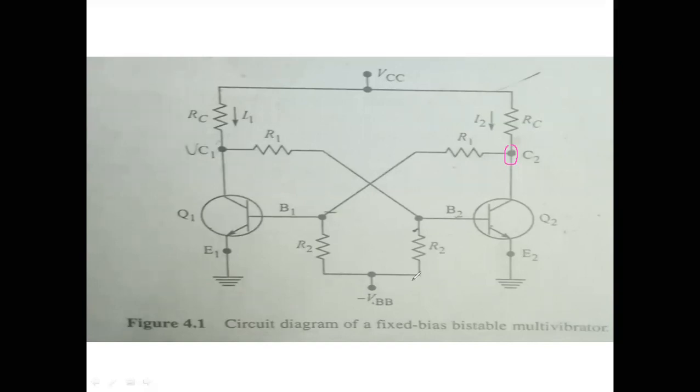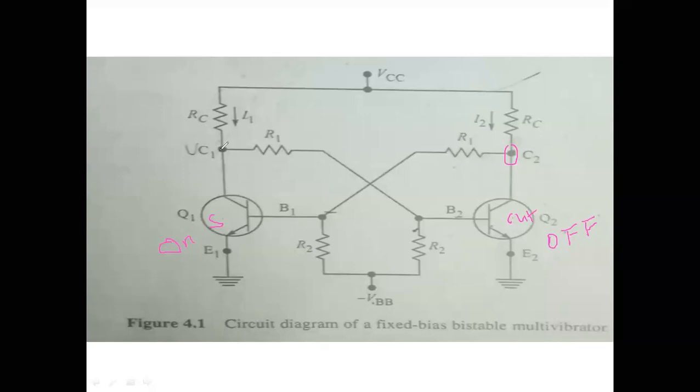Therefore, coming to the working operation, generally in these transistors, if one transistor is in on position, another transistor will be in off position. On position means it is in saturation mode. Off means it is in cutoff zone. In multivibrators, the transistors will be operated in saturation region or in cutoff regions. We won't have the active region, but while the state is changing,